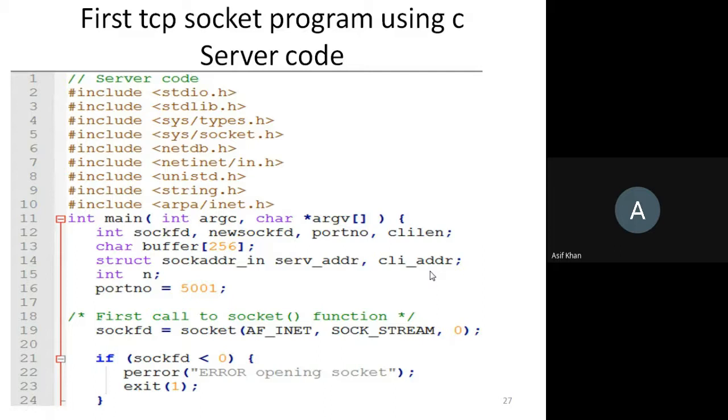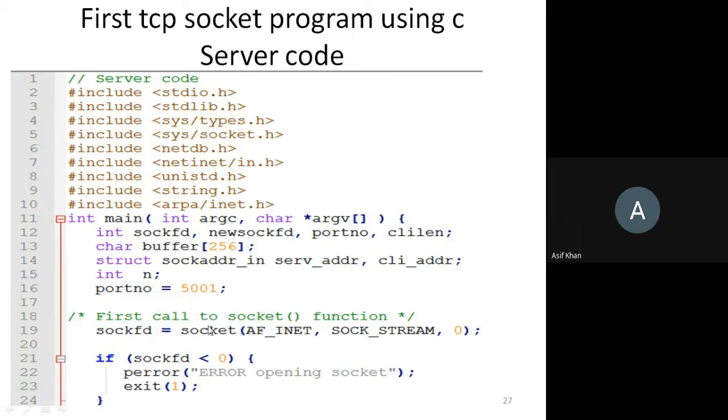All addressing information is present in this structure sockaddr_in. Then some other variables are declared, n, and the port number is initialized; 5001 is taken as the port number. So now all declaration is complete.